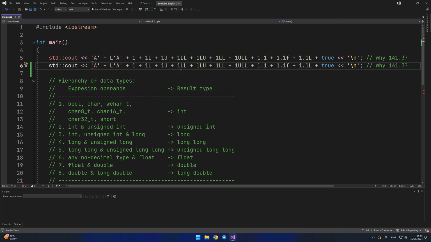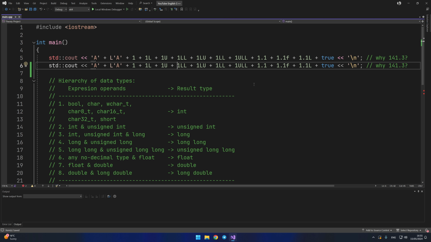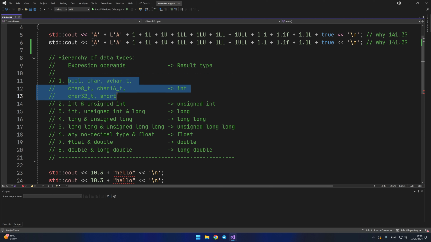The point is that the final value of this expression must be of one specific type. I think you'll agree with this. How can it determine this type? Let's look at the table I wrote. First, if any expression uses character types, either a Boolean type or a short type, then they are always automatically converted to an int type.